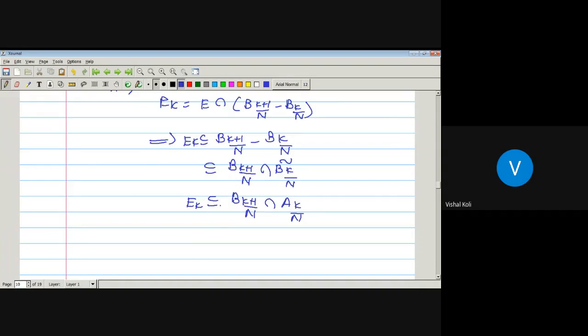For alpha less than beta, there exists an extended real valued function f such that f is less than or equal to 0 on B alpha and f is greater than or equal to 0 on B alpha complement. That is, f is less than or equal to alpha on B alpha and greater than or equal to alpha on its complement. Now here we get one subset E_k, which is a subset of B_{(k+1)/n} intersect,